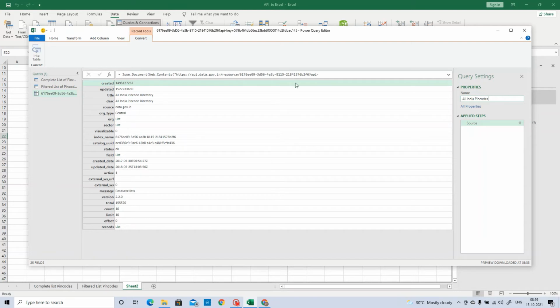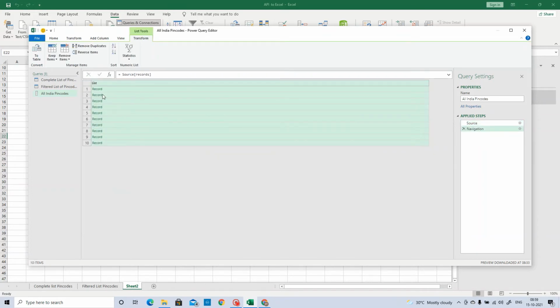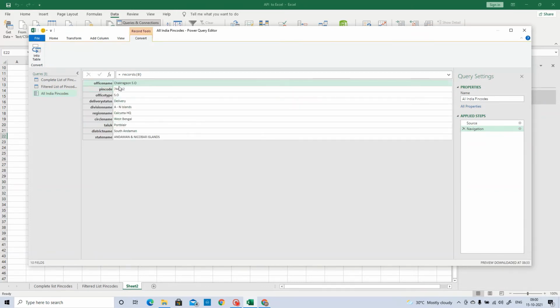And then what you see here is the header structure of your JSON. From here, traverse to the point that you want to load as Excel columns. I have seen here the records, right? This will give you the list of records. Just click here. Okay, so we gave 10 records in the web API as the parameter, so 10 records have been loaded. And this is the point that you want to load into Excel. If you are not clear, you can just click on that and see what the data is. Okay, this is what I want to load.